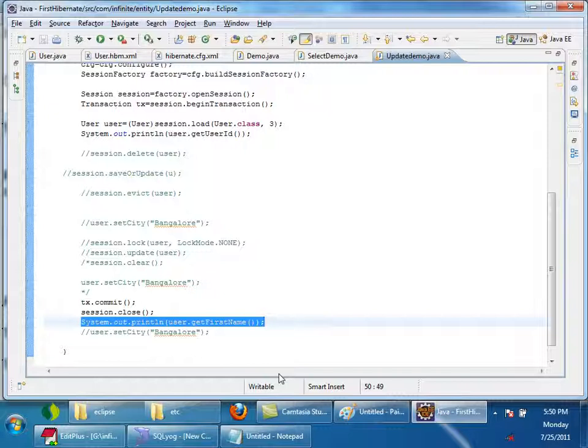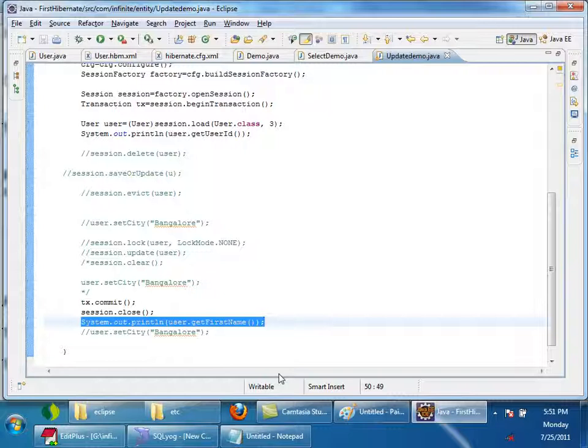But before you try to access it in your service layer or presentation layer, in your DAO layer the session might already have been closed. So be careful when you are using lazy loading, because proxies cannot initialize themselves if the session is already closed, right?